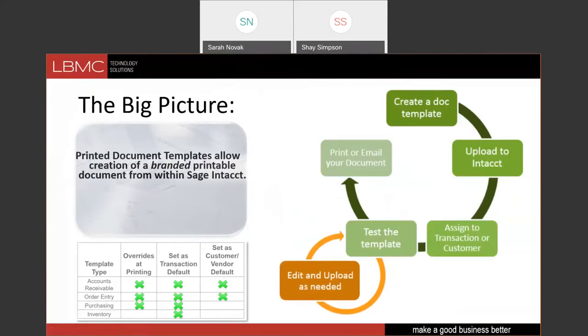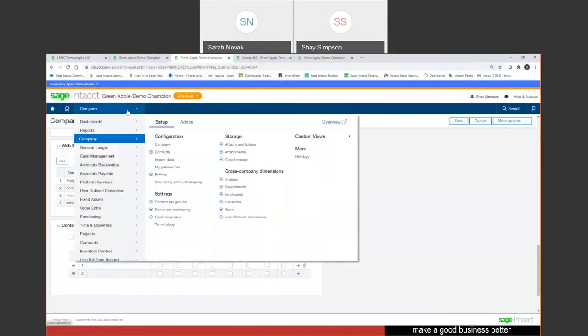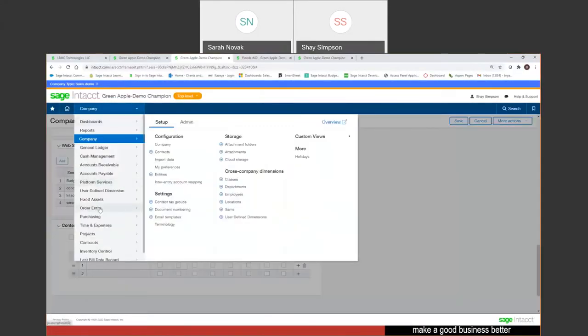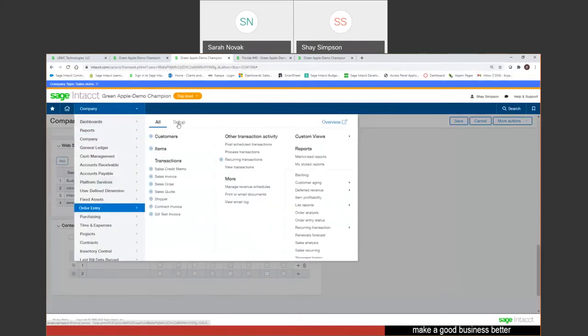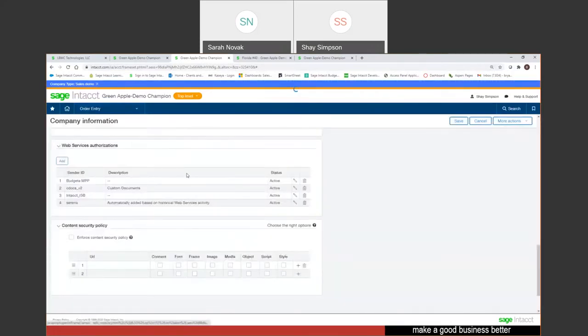So within our transaction definitions within order entry, we're going to be able to set that as the default. And then lastly, set at the customer or vendor default. So I'm going to show you where you can set that. Again, we're going to go back into our Sage Intacct environment, and we're going to just focus on order entry right now. So within the order entry configuration,